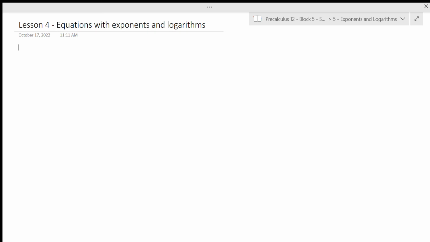In this lesson, we'll be looking at how we use logarithms to solve exponential equations and how to solve equations involving logarithms. So, first and most exciting, there are three different kinds of equations we're going to be looking at. So we have our types of equations where we may want to use exponents or logarithms to solve, okay? So the first one we get is